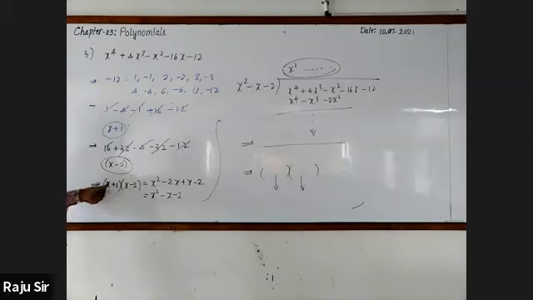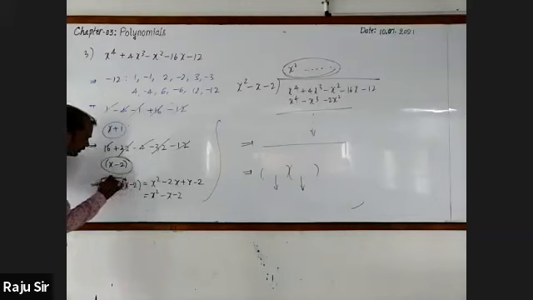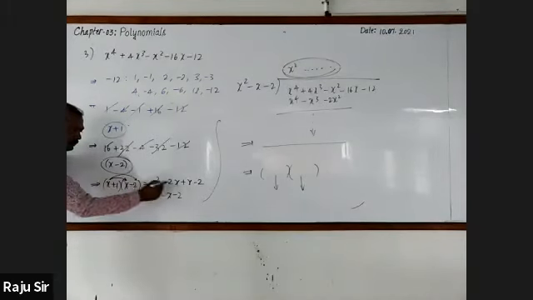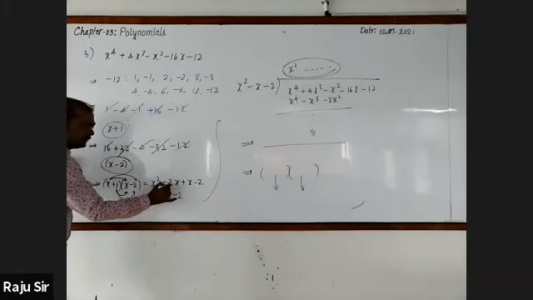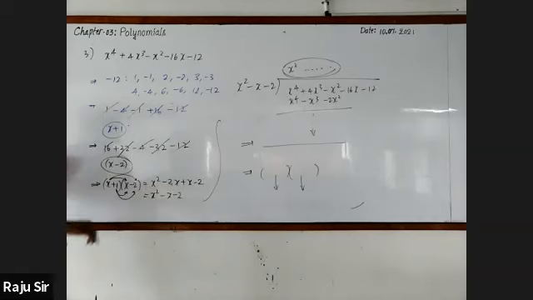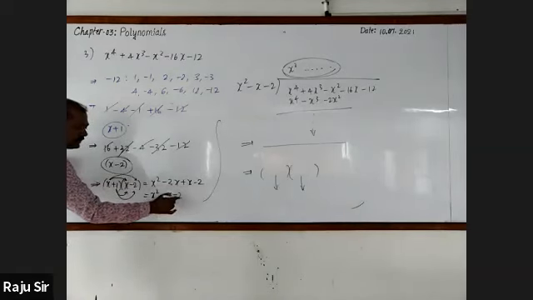Now see that here x into x square. Multiply x with both the terms. X into x square, x into minus 2, minus 2x. Next, multiply 1 with both the terms. 1 into x, 1x, 1 into minus 2, minus 2. X square as it is. Minus 2x plus 1x is minus 1x. Then this is minus 2.